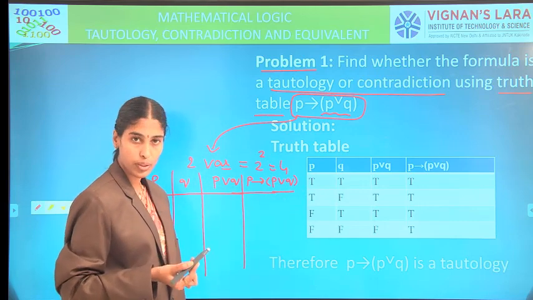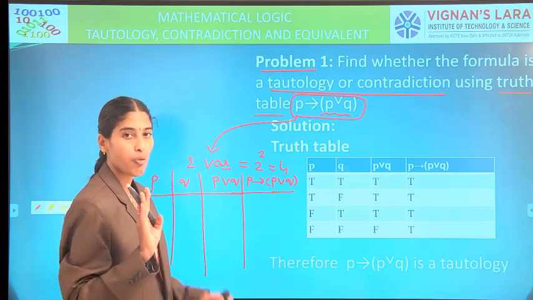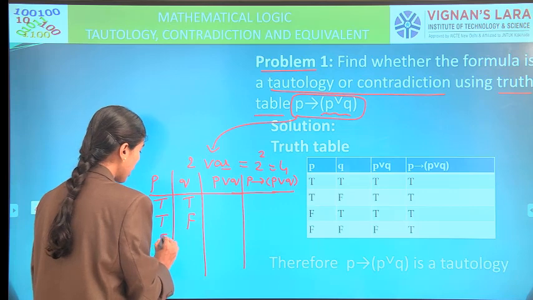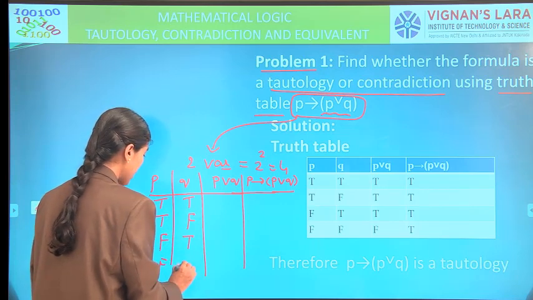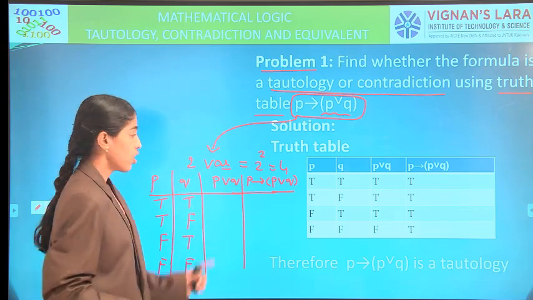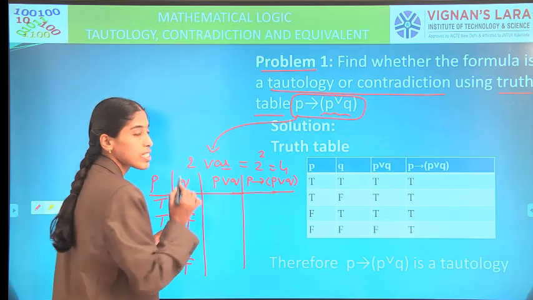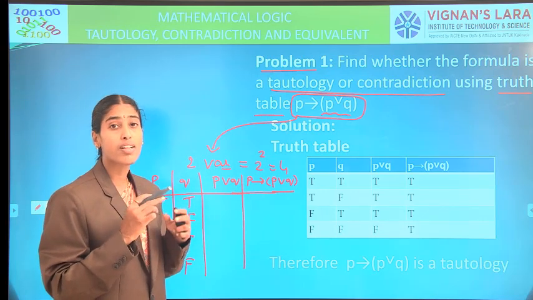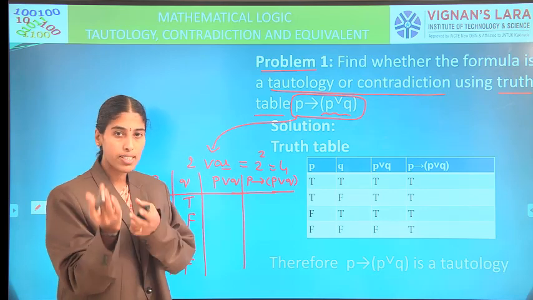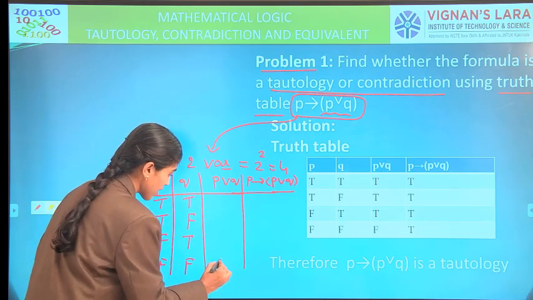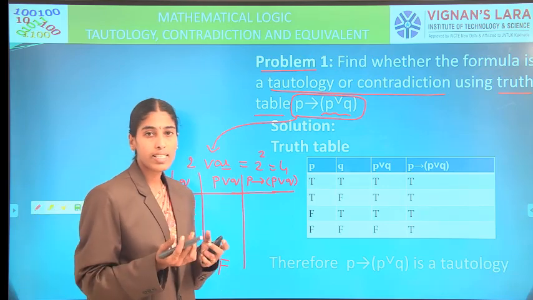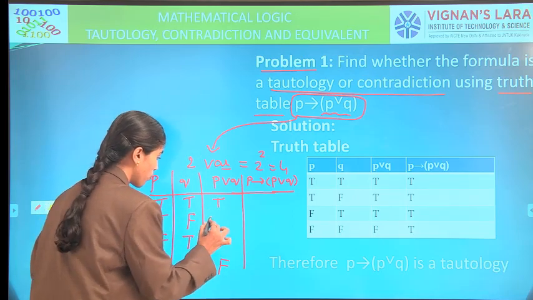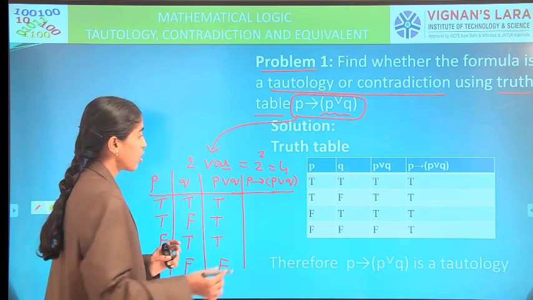Here we are constructing the truth table. Because two variables are there, we have 4 possibilities. First possibility TT, next TF, then FT, and then FF. Here between P and Q we use the disjunction symbol. In the disjunction table, only in one case it is false, that is, if both are false the result is false. In the other cases, that is, if any one is true or both are true, the result is true. So true, true, true.